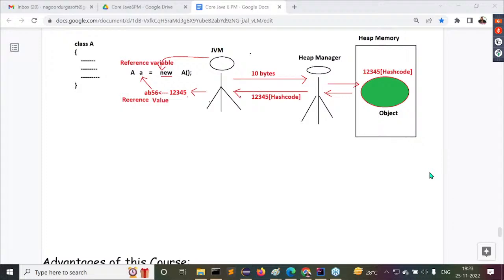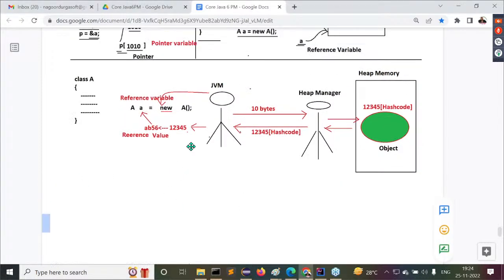But whenever we understand the object creation process in object orientation, I will talk about this topic again. It is almost a 1 hour topic. Just outline information is given now, but there is an internal process for object creation. Nearly 1 more hour, I'm going to discuss how hash codes are generated, how reference values are generated. This point, just outline information I'm giving now. In the future, I will give more information to you. Don't worry about it.